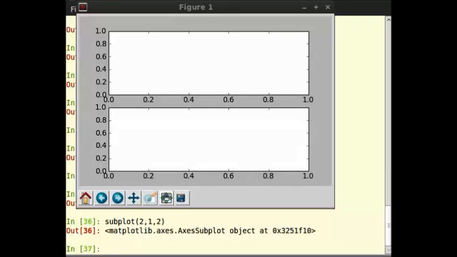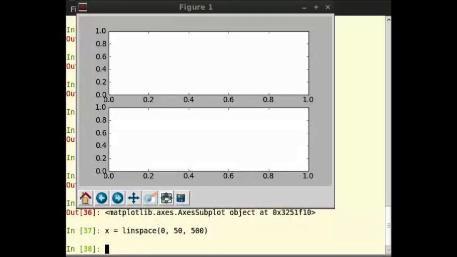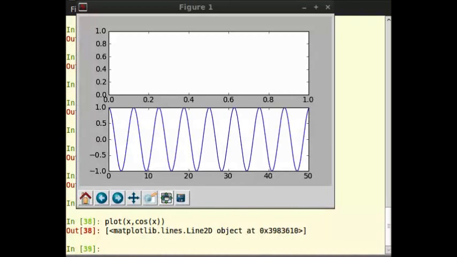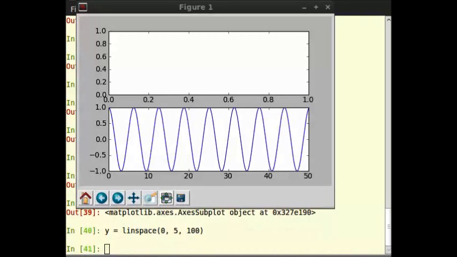So you can type on the terminal x is equal to linspace within brackets 0 comma 50 comma 500, then plot within brackets x comma cos x, then subplot 2 comma 1 comma 1, then y is equal to linspace within brackets 0 comma 5 comma 100, then plot y comma y star star 2.